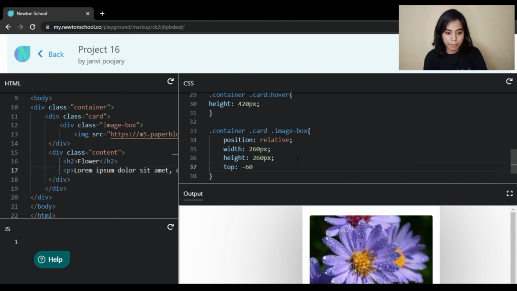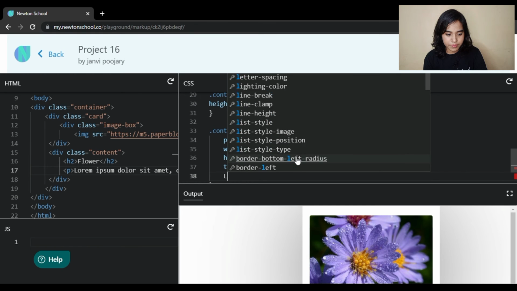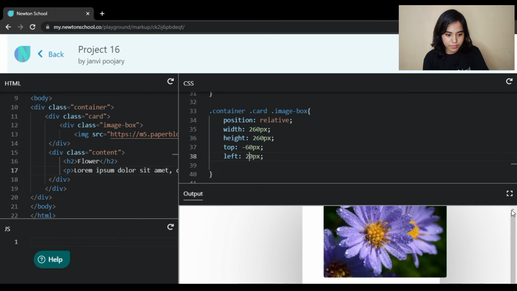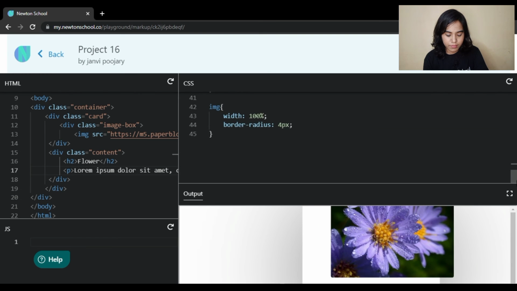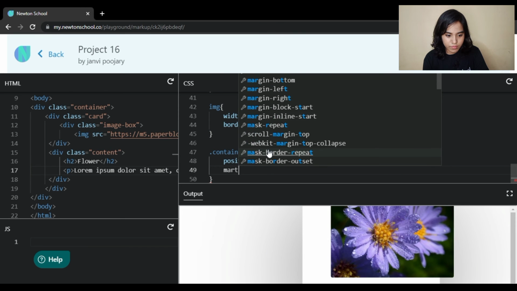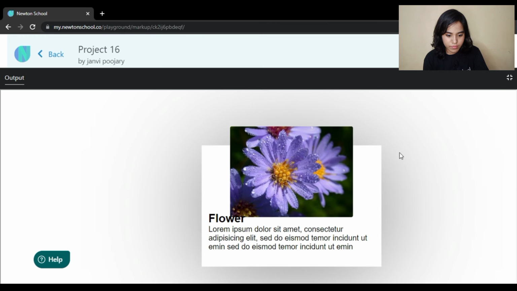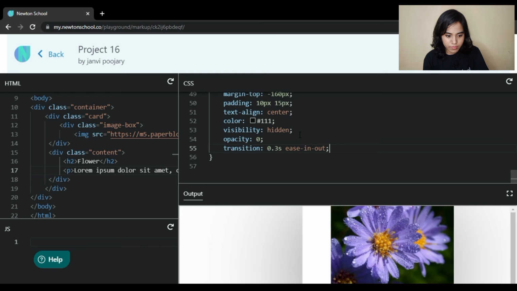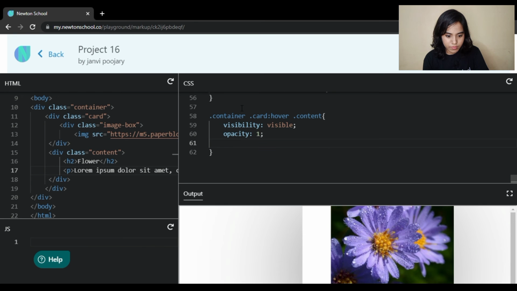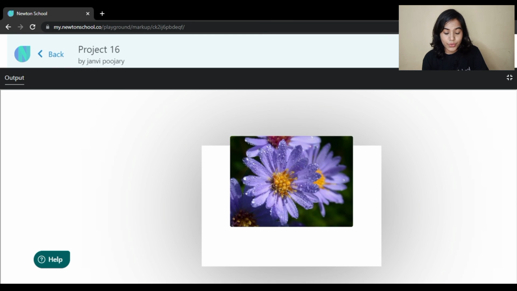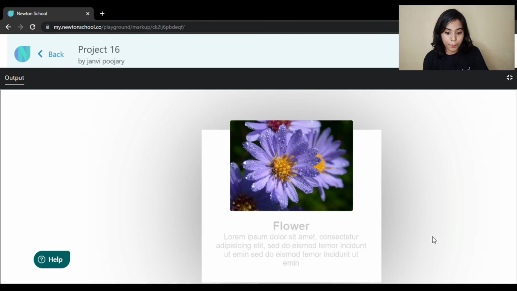And we will style our image box a little bit, and also our image. Now we will style our text to ensure that it is sliding in properly.